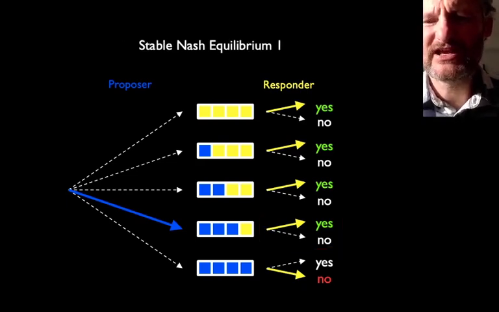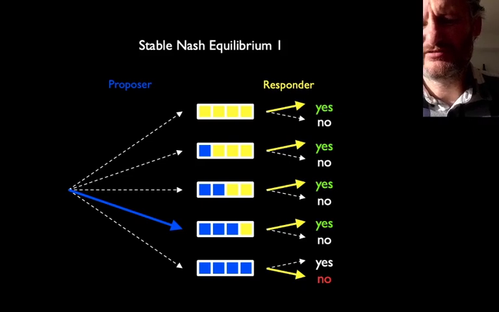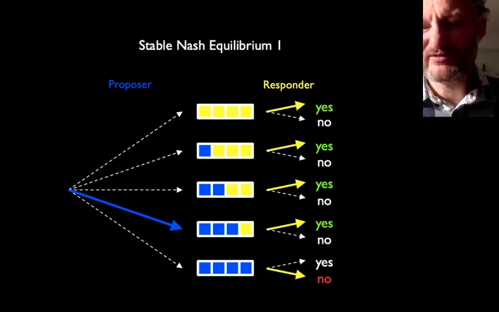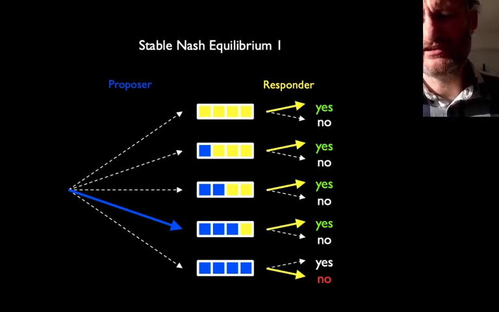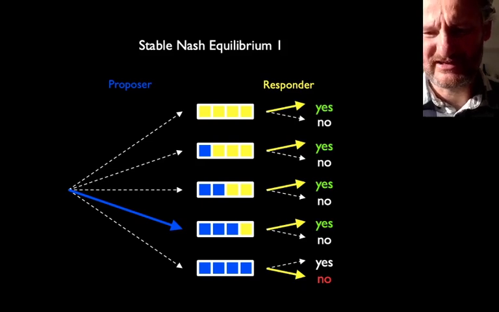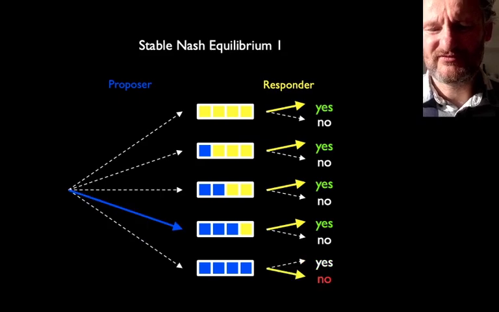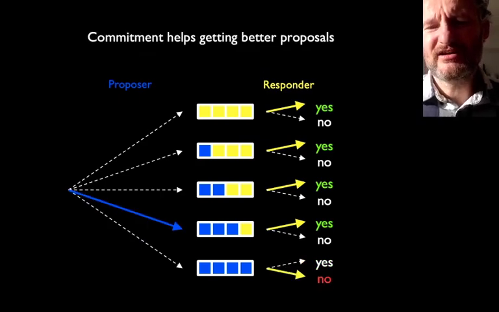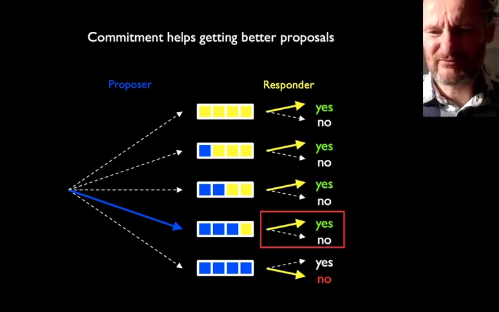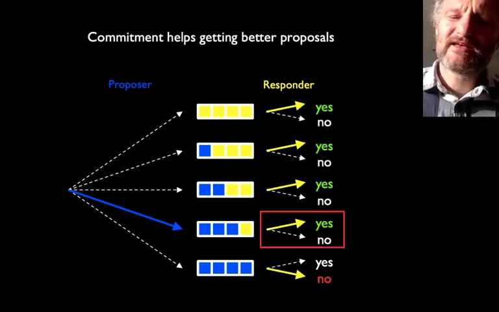And this would be a stable Nash equilibrium because the responder is of course indifferent between accepting or rejecting the bottom proposal in which she doesn't get anything anyway. So this would also be a Nash equilibrium, but let's focus on this one. So now one could imagine, again we're focusing on this part, that